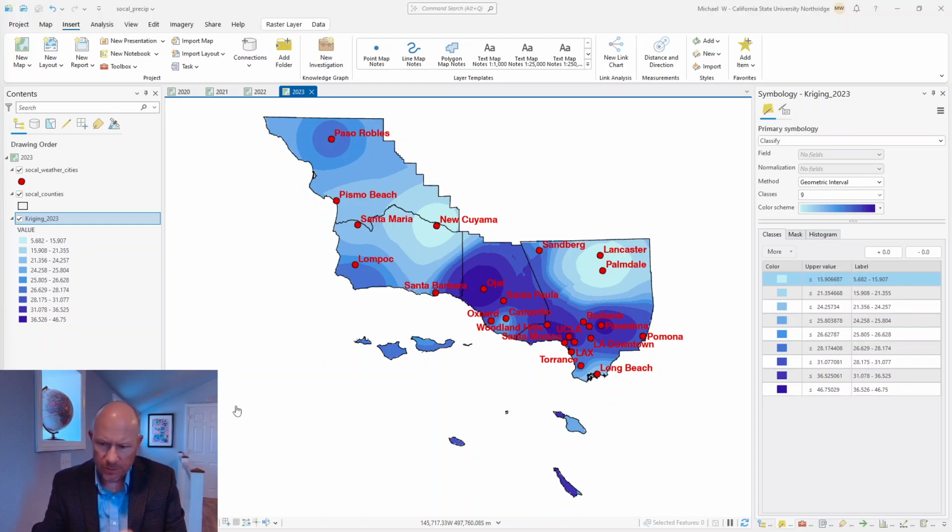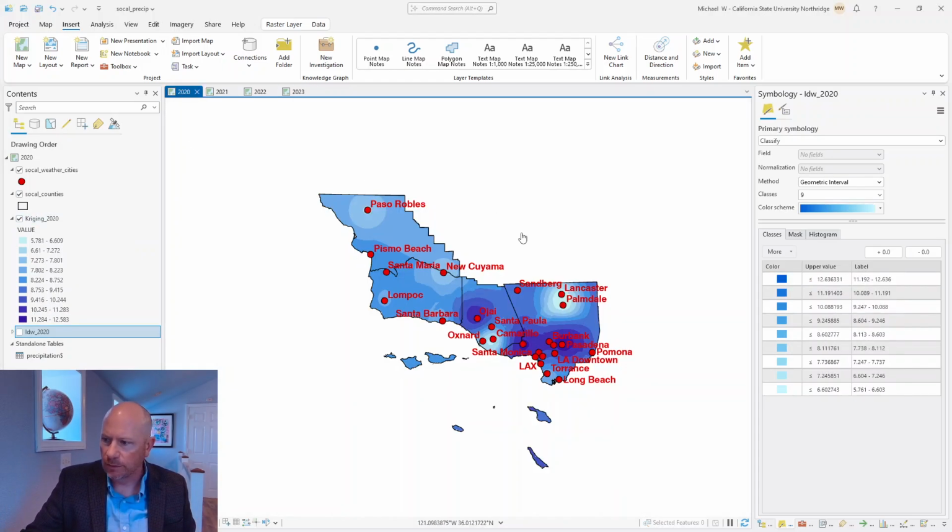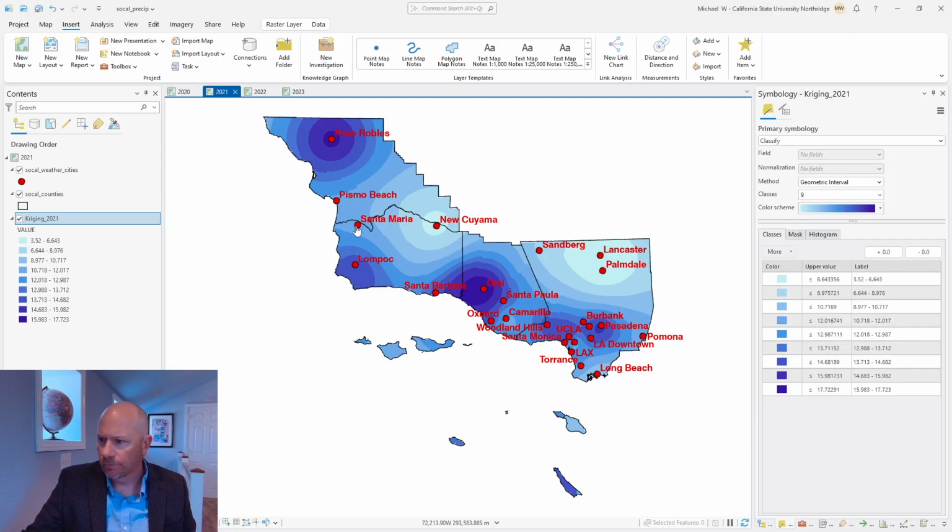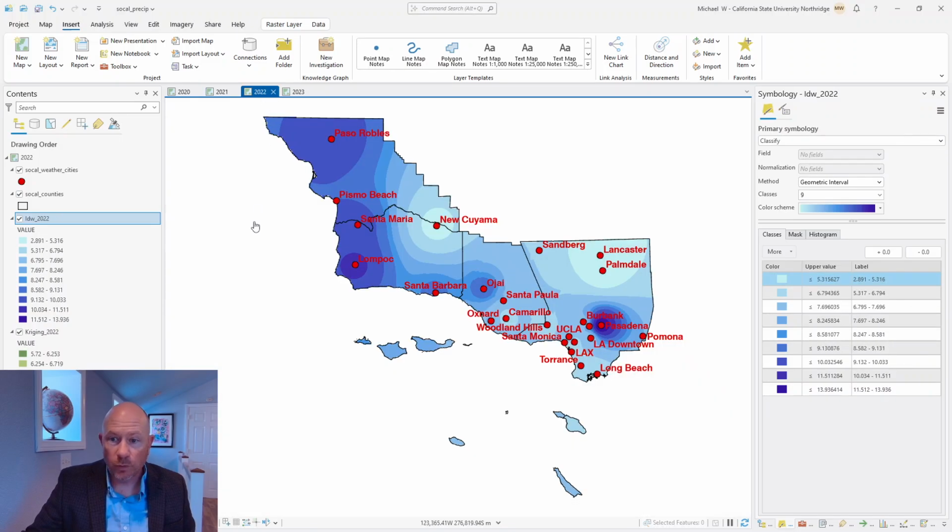Okay. At this point, my geographers, you should have done the interpolation for all four of our years. So we have 2020. We did that together. 2021. Went and did that. 2022. That issue I warned you about,